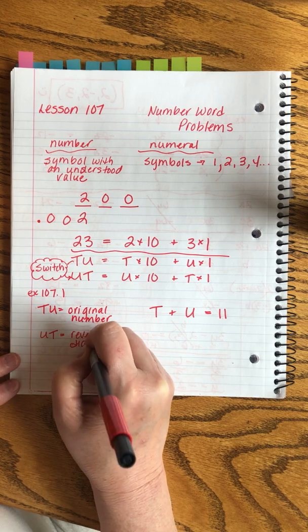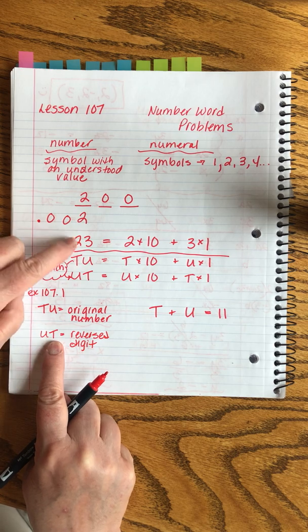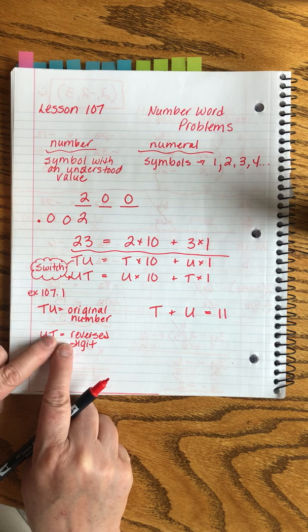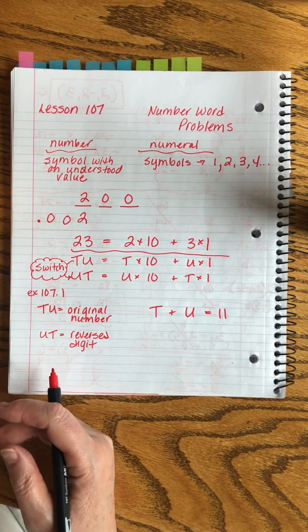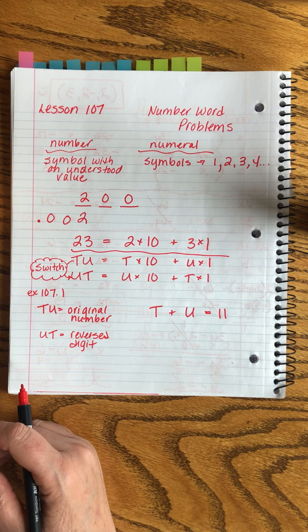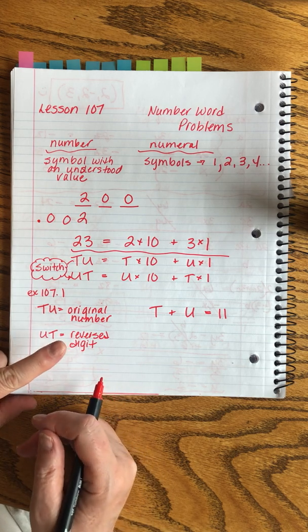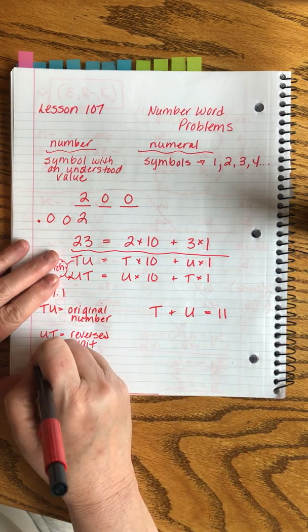If the digits are reversed, that's what I was talking about before. If the digits are reversed, we took the digit that was in the units place and we popped it into the tens place, and we took the digit that was in the tens place and we popped it into the units. Oh, that's so weird. If the digits are reversed, the new number is greater than the old number. If we reverse the digits, the value of the new number, okay, the value of the new number,